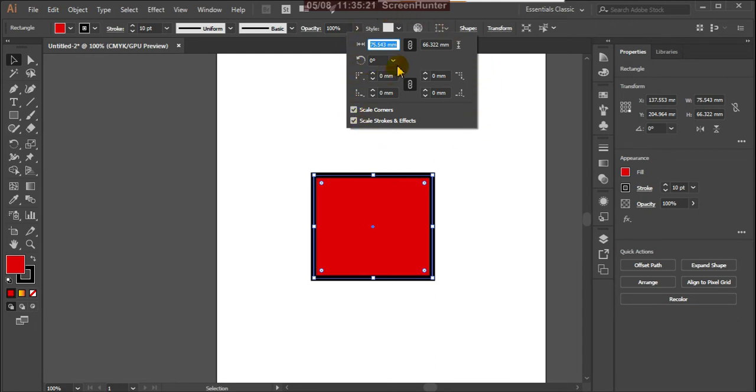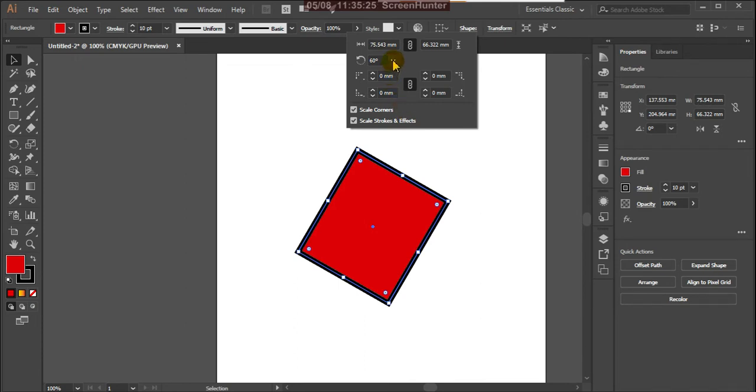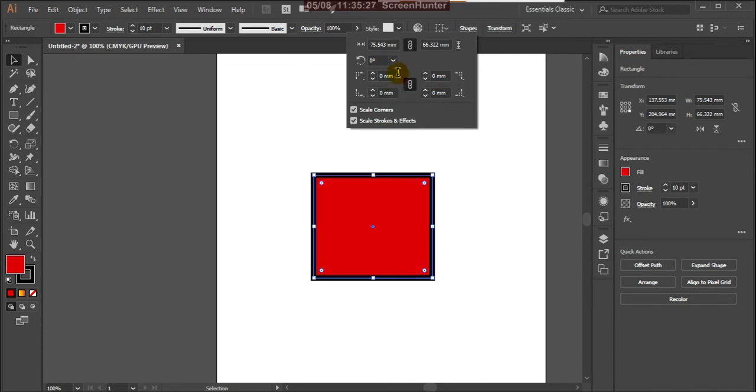Okay, this is the angle of that, or otherwise here there are the corner types. So round, click here.